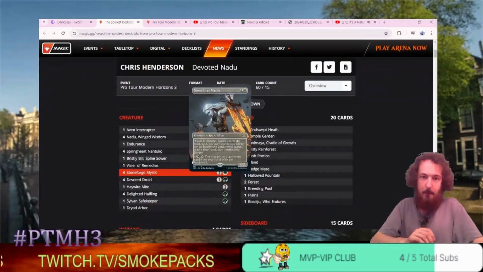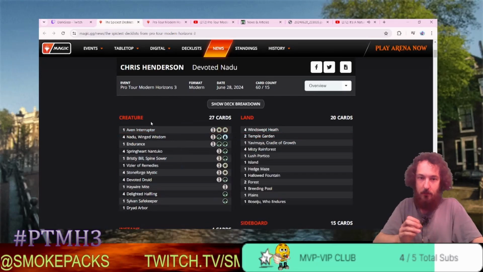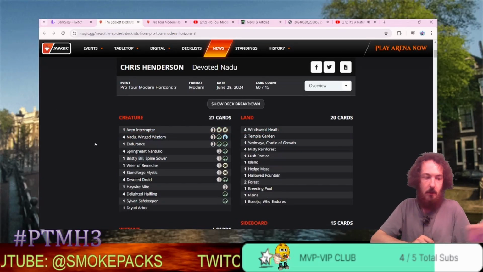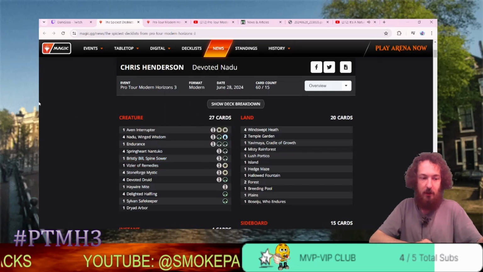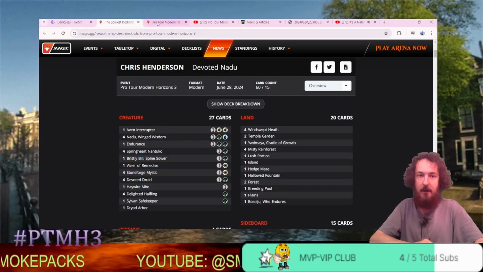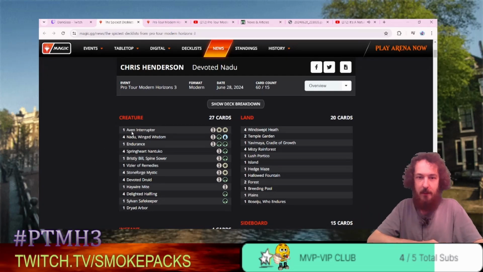Bant Nadu. Bant is 3 colors: blue, green, white. That's what they represent. It is making a big splash. We already knew that going into Pro Tour Modern Horizons 3. Commentators and everyone across the whole space was kind of already seeing